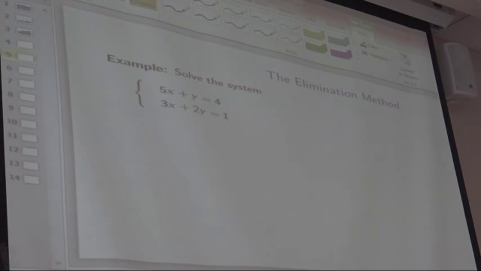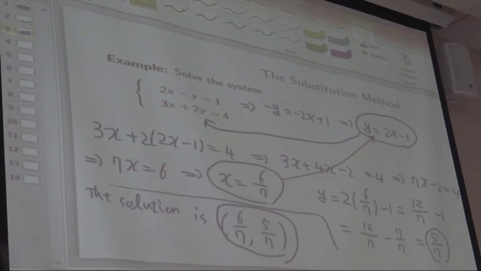The next one is the elimination method. So the previous one was the substitution method. The way is, the first thing is solve for y, or it doesn't need to be y, but solve for either x or y. So for this case, we use y equals 2x